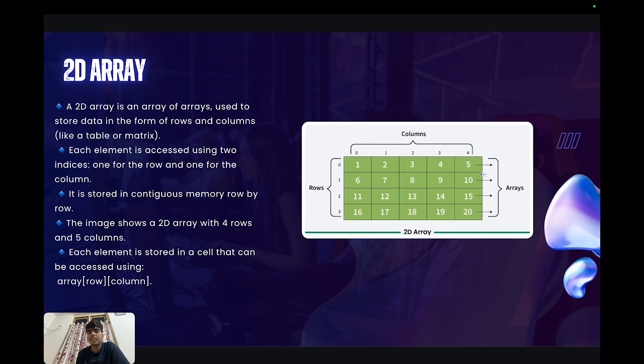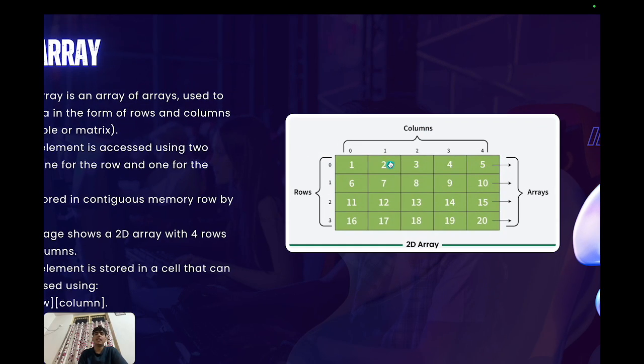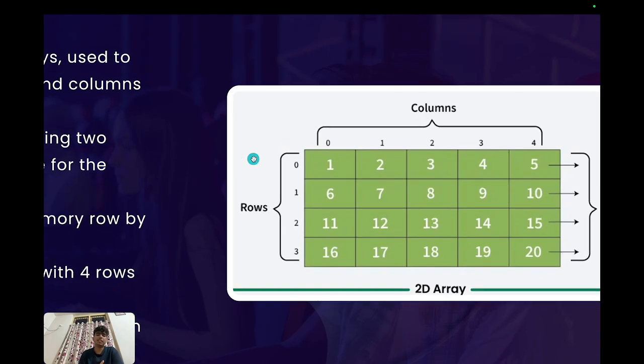So you can understand it in that way. Basically a 2D array is a kind of array of arrays, and it is also known as a matrix or a table because it looks like that, and it has some rows and some columns, right? And also notice that similarly as in a 1D array, the indexing starts from 0. Here also the row and column indexing starts from 0, 1, 2 and 3, and here also starts from